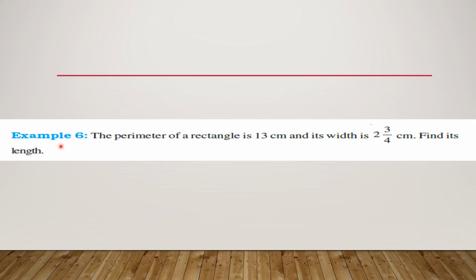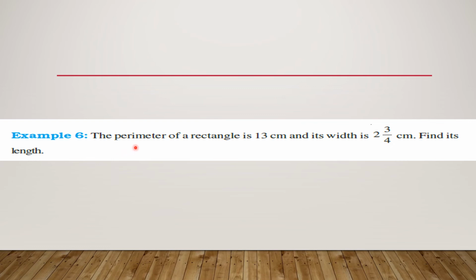Example number 6. Again a word problem. The perimeter of a rectangle is 13 centimeter and its width is 2 3 by 4 centimeter, a mixed fraction. Find its length. So here